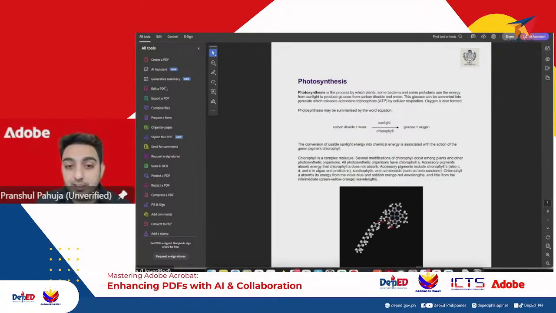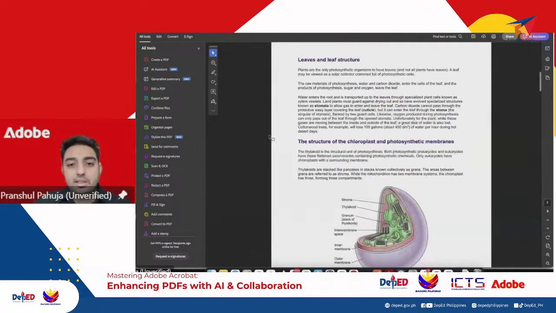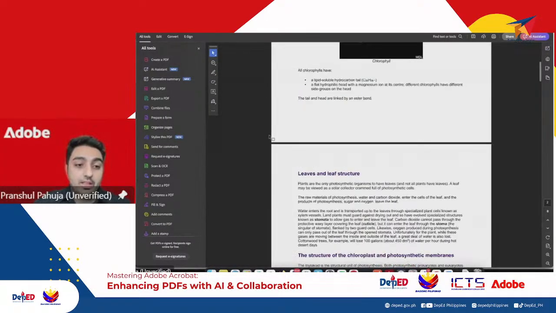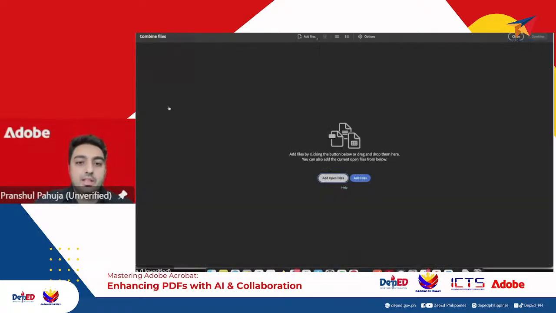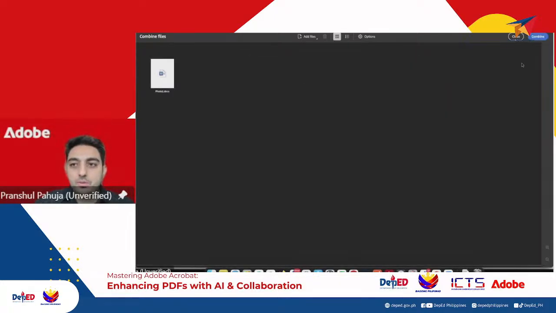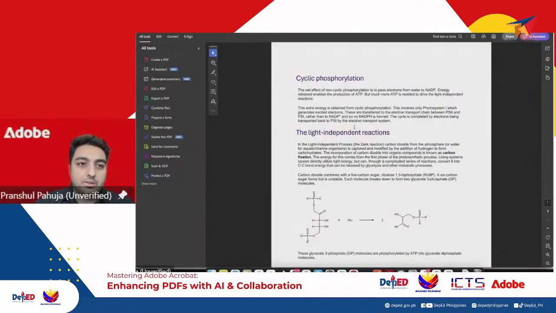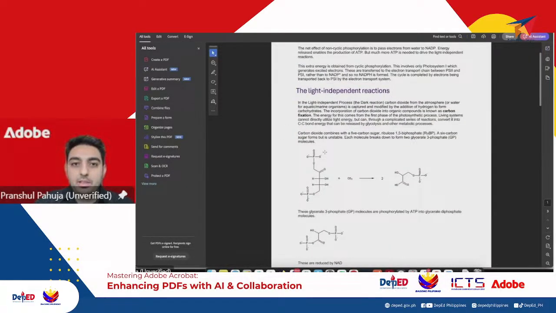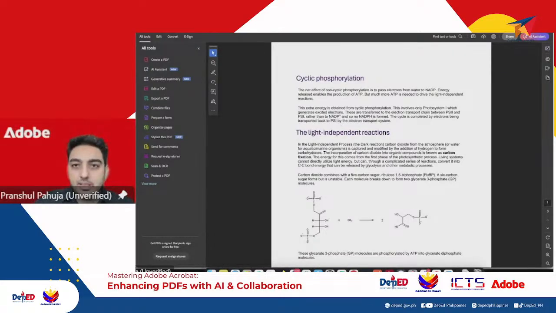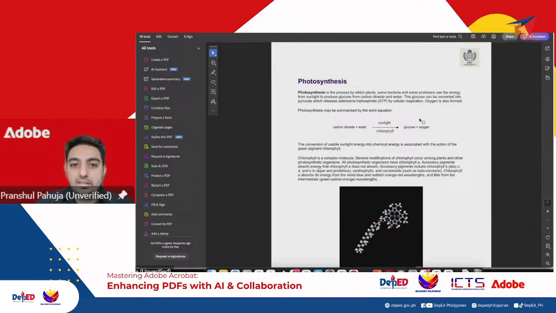Now, in this case, I've created a PDF already, looks good, but before I go ahead, I want to make a few changes to this document. First of all, I had actually created two different documents, but I only imported one into a PDF. So what I want to do first is combine this with another document which has some additional information. So I'll click on Combine PDF and then I will click on Add Files. And I have another Word document, which is photo 2, and then I'll click on Combine. So now the second document will also be combined with the first document, and this will be created as a combined document, which I can start working on.